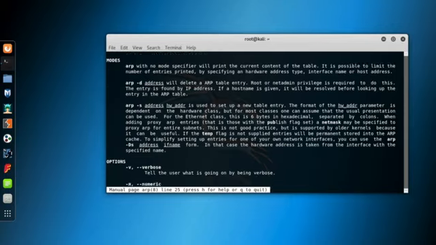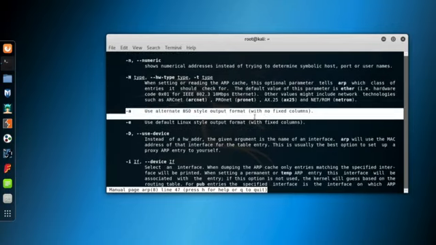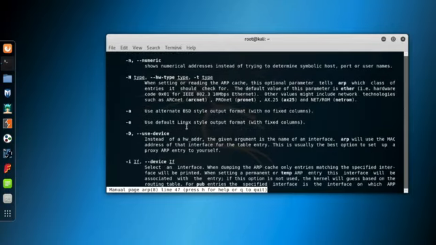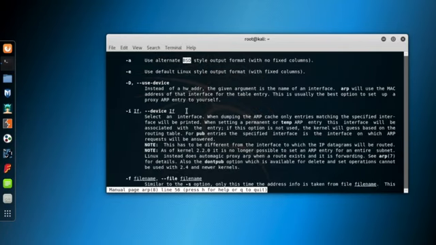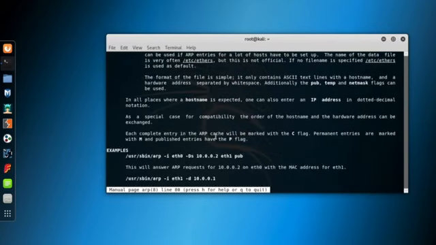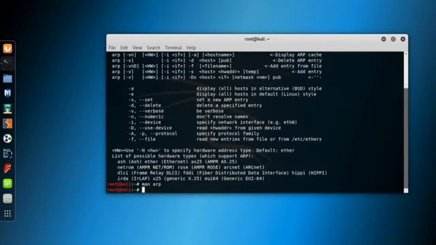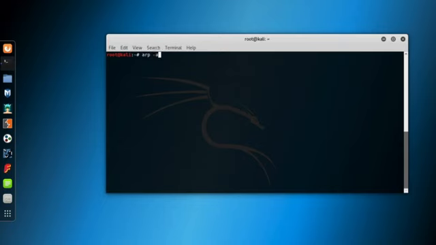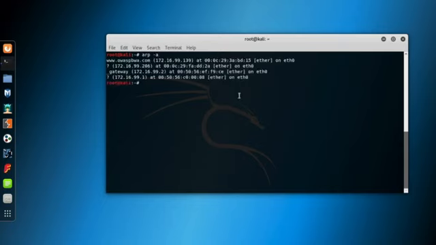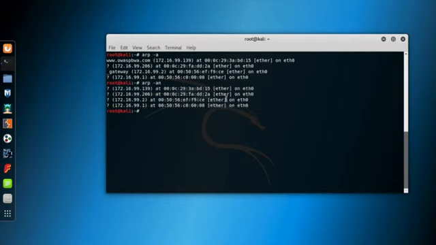In a Debian-based Linux system, -A parameter of ARP command is used to see the entries in BSD format, which we saw in macOS. -I is, again, to see the entries of a single interface. Okay, press Q to quit the man page. ARP-A displays ARP table entries in BSD format, and use N parameter to see the IP addresses instead of domain